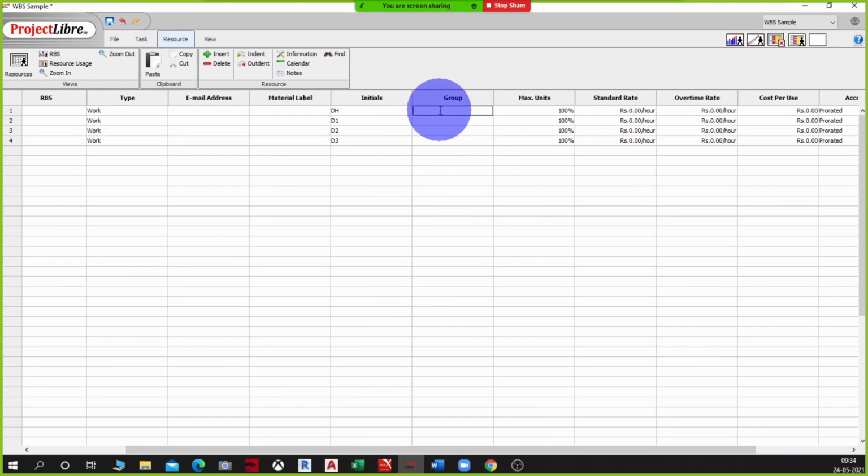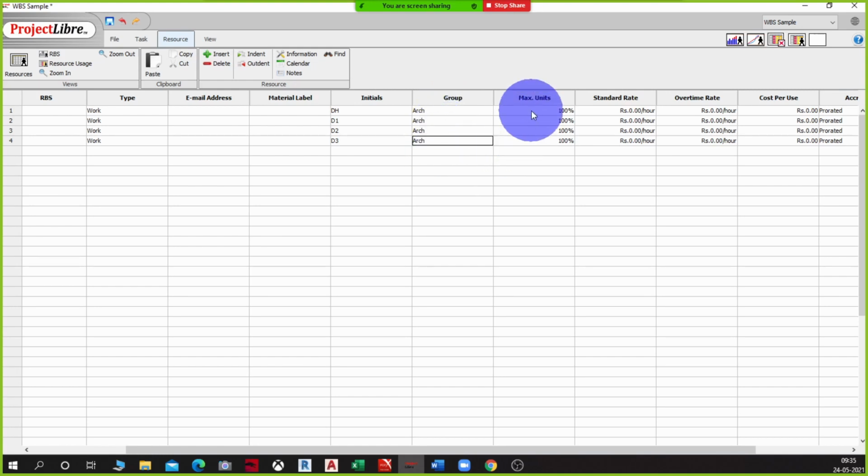Okay, so this group basically talks of which group, which work group these people come under. So when you're looking at basically large projects where you have a set of architects, within architects you have a set of people who work only on facade, a set of people who work only on say flooring, a set of people who work only on circulation, then you need this kind of grouping as well. You can't just call them an architect, you are billing them for a particular work package, right? So you can do that grouping here. For now, let me call all of them arc package, okay, because they're all in that same package. I'm going to put them in the same group.